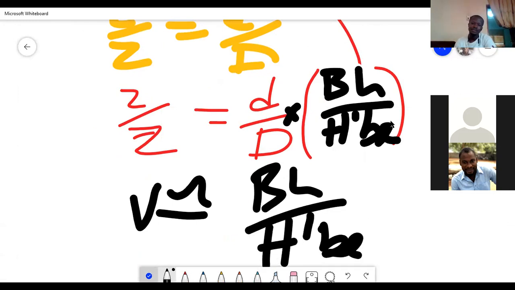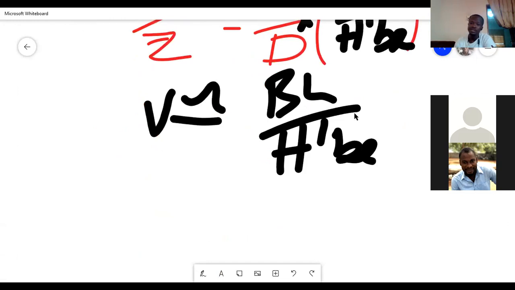Air base. So you know what the terms are. B is the air base. H is the height, the viewing height. So H is not the height of a point above the ground. In this case, H is the viewing height, and then B is the air base. H prime is it.